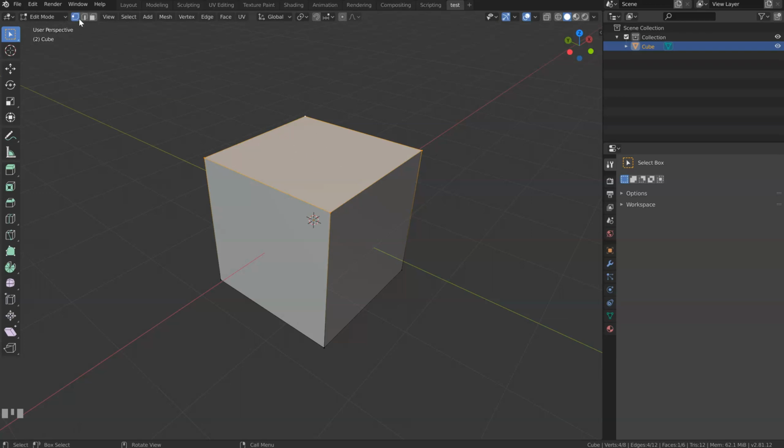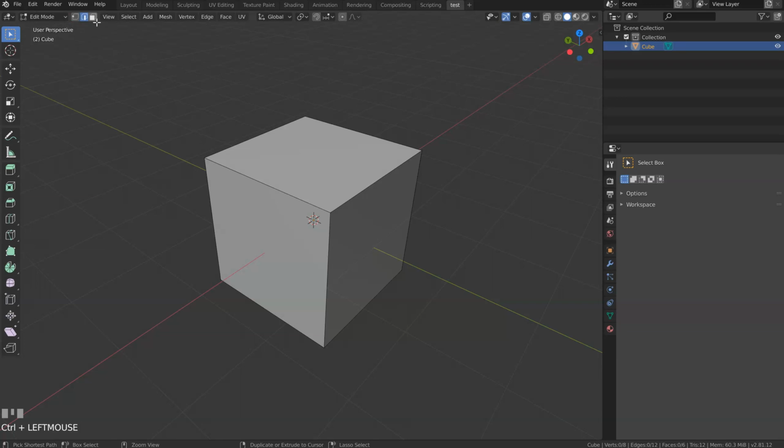You can also press shift to use two selection modes. I am in vertex and edge, like that. This one is interesting when you work in retopology. And if you press shift, you will select three: face, edge, and vertices. So most of the time I only use one, because sometimes you will not have the result you want and you will select the wrong part of your object. So it's up to you.